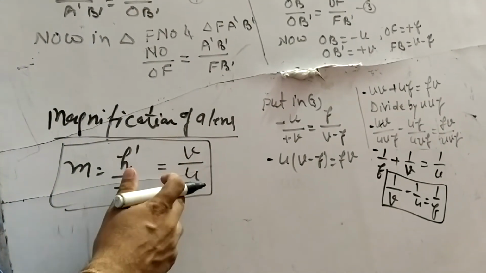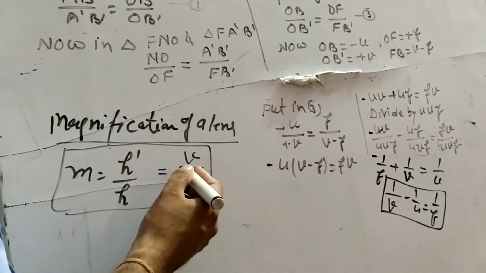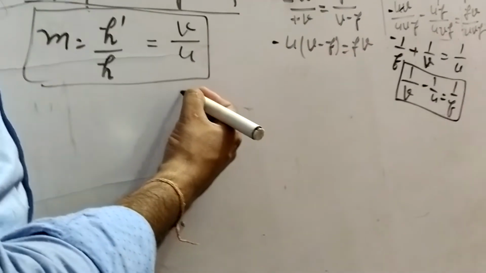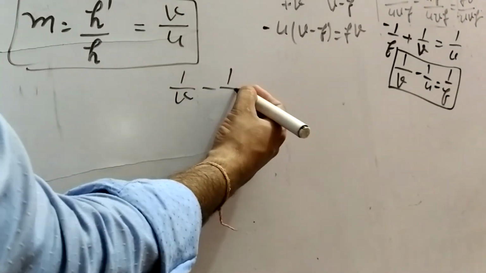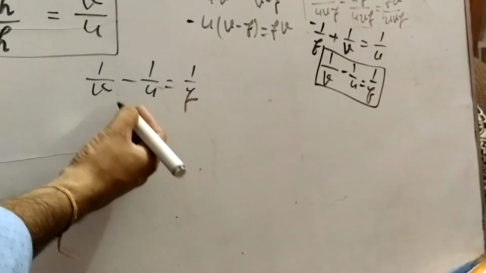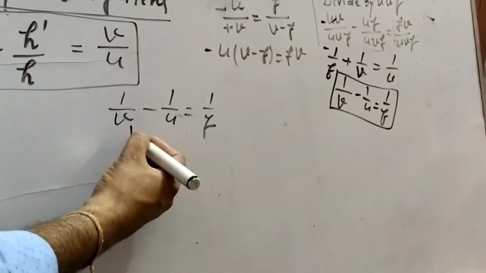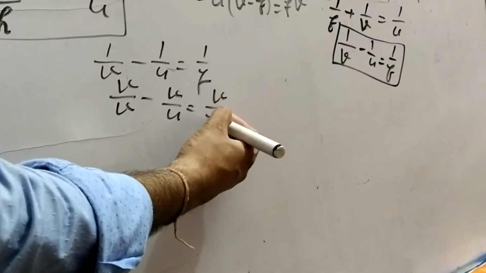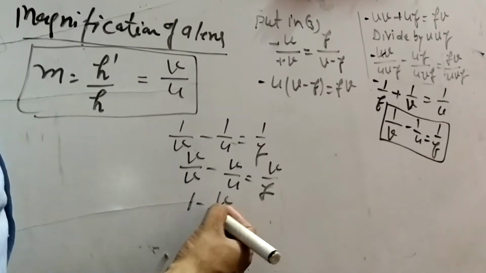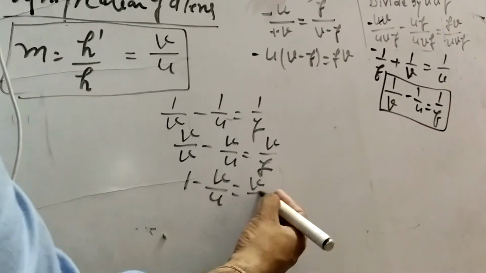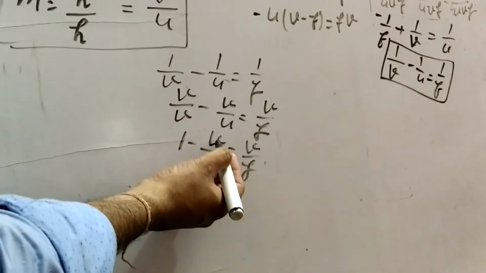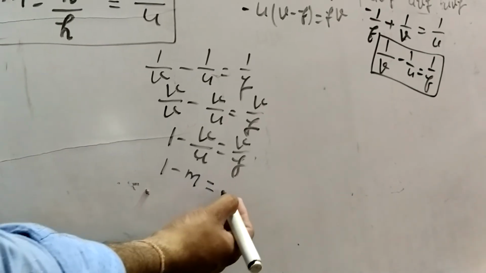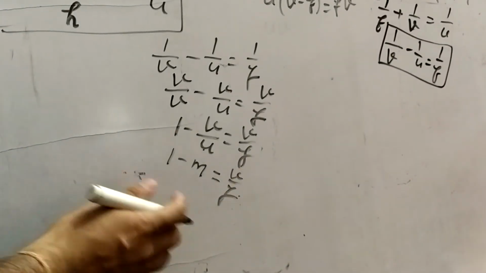Now we can give this formula in the form of focal length. For example, now we use lens formula, 1 upon v minus 1 upon u is equal to 1 upon f. Multiply this equation by v, v upon v minus v upon u is equal to v upon f. So 1 minus v upon u is equal to v upon f, and v upon u, what is v upon u? This is magnification,